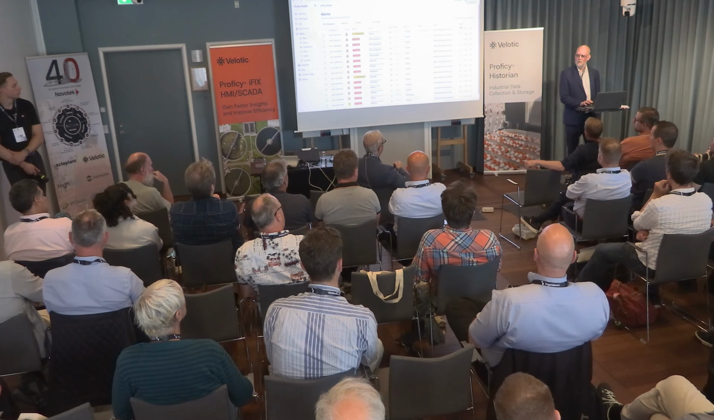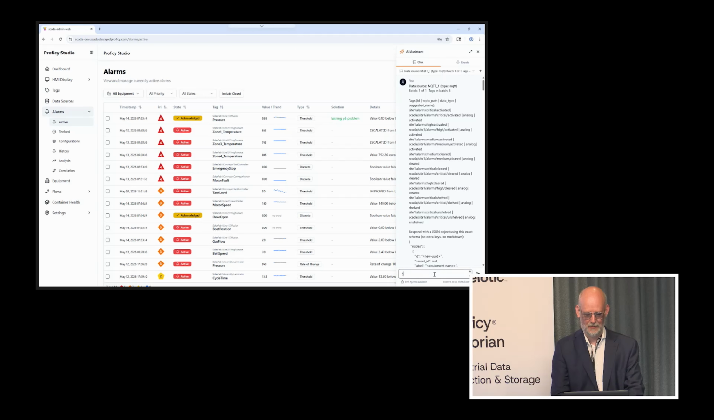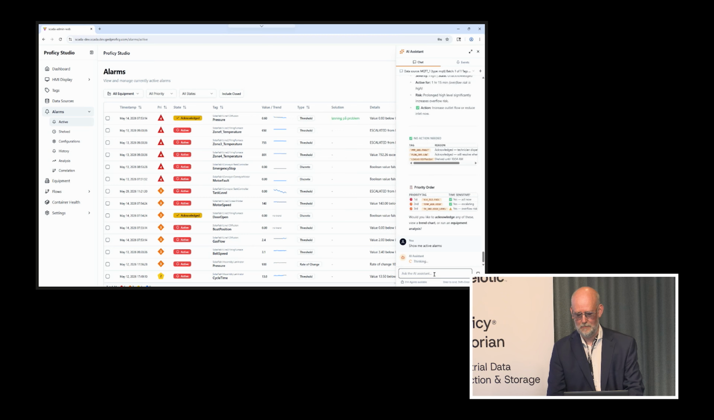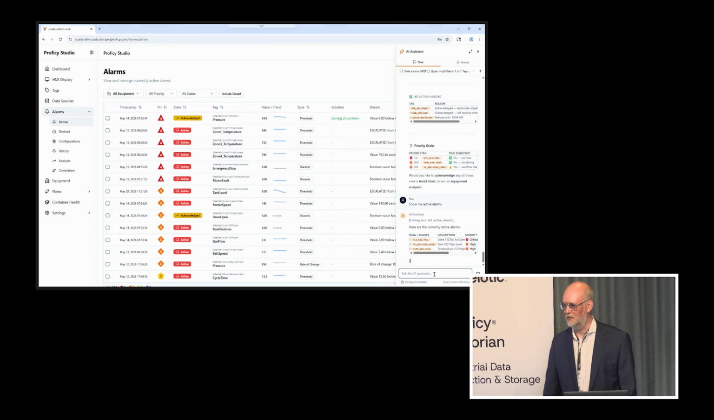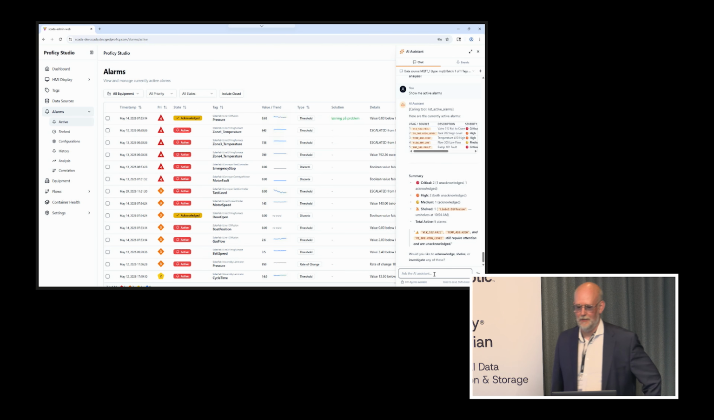Well, Steve has talked about Velo, the AI assistant. It's also here, the MCP. So we can chat with our process. I can say, show me active alarms. Well, I could just have looked at the alarm screen, but that wouldn't be as fun. It's showing me the alarms and also comes with a summary. And I haven't got a clue what these alarms are, so